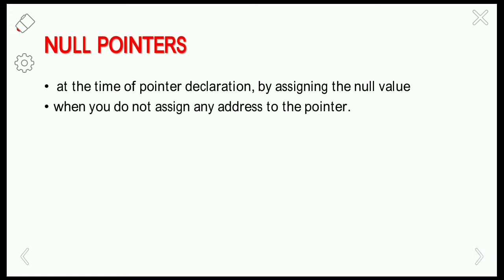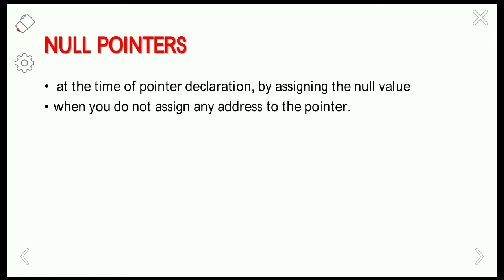When you do not assign any address to the pointer, then it will become a null pointer. Normally, after declaring a pointer variable, we assign the address of a variable to the pointer. That is the definition, or assigning, of the pointer variable.